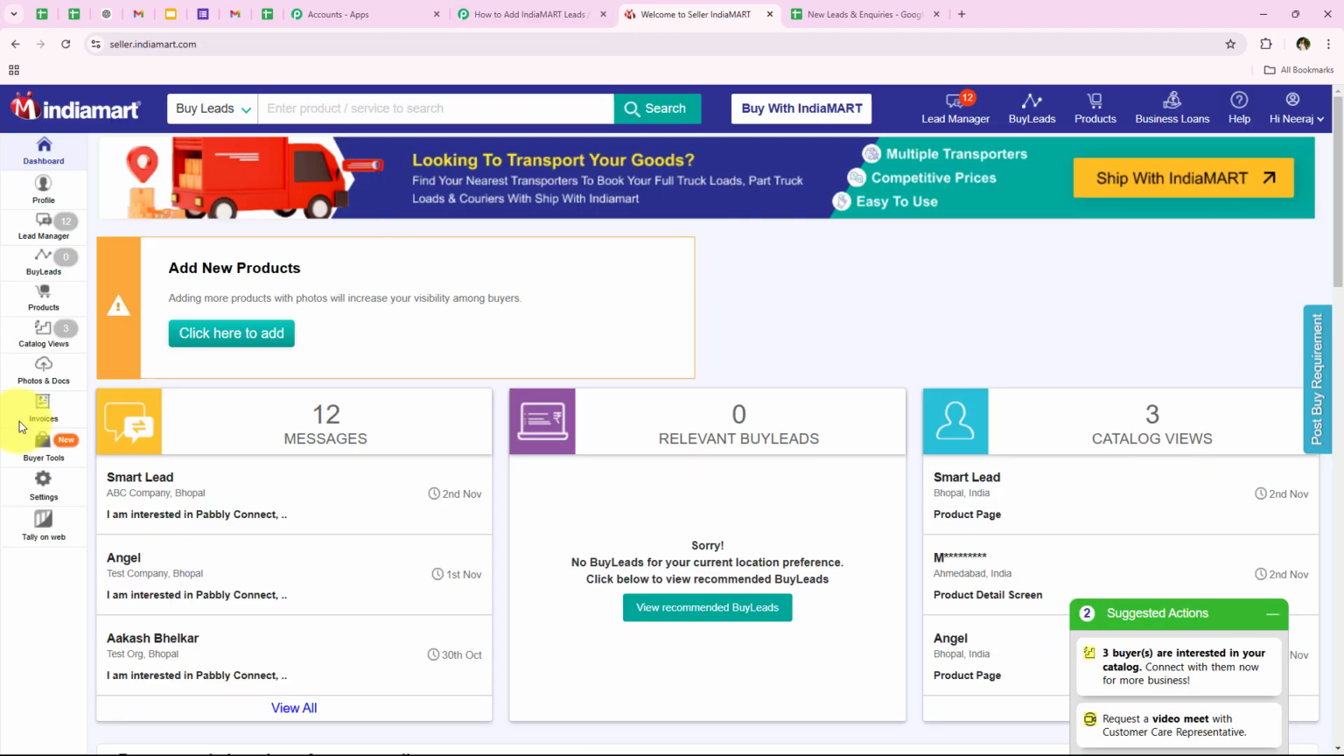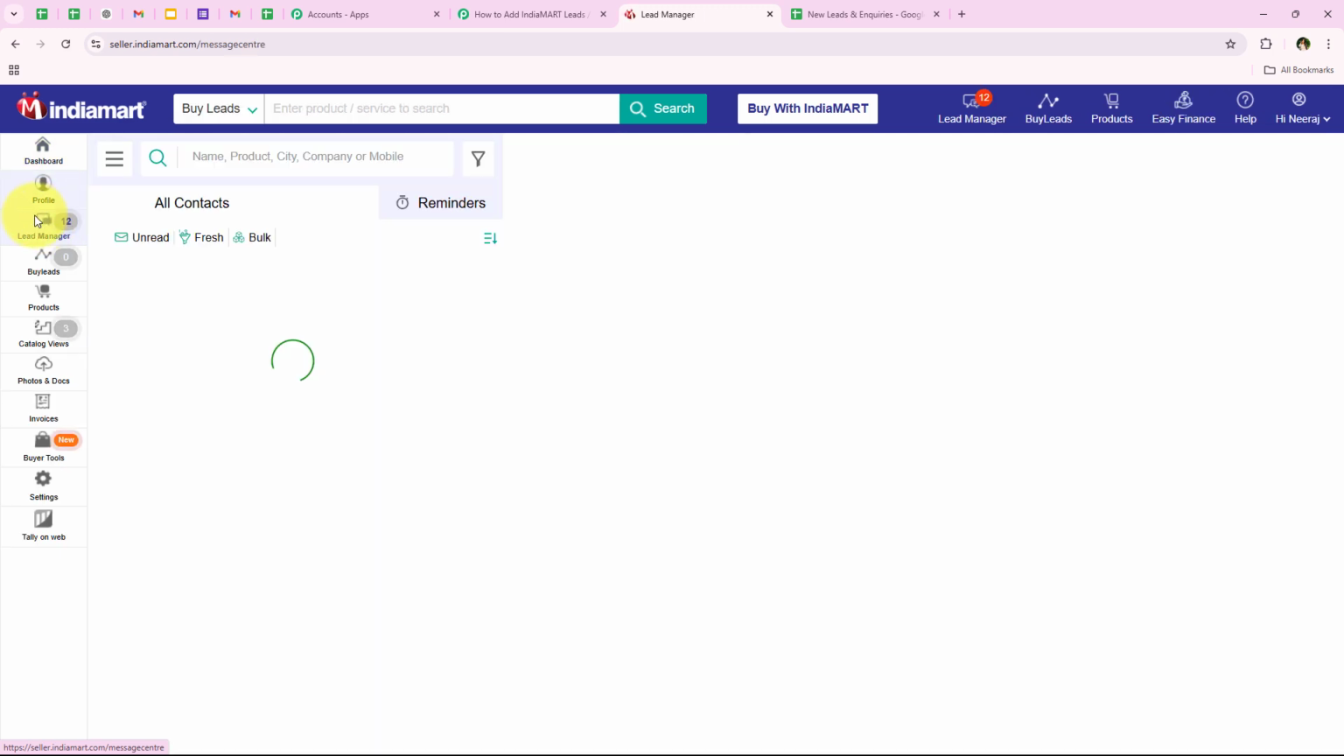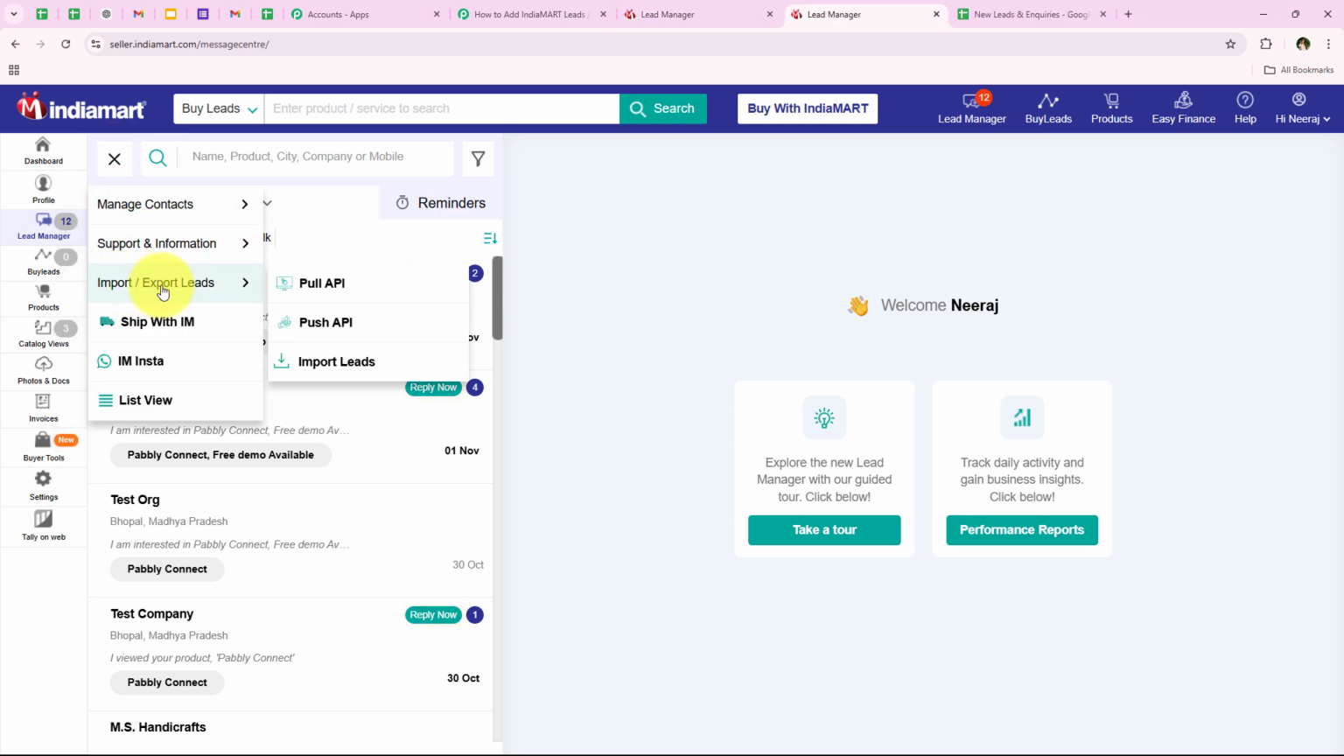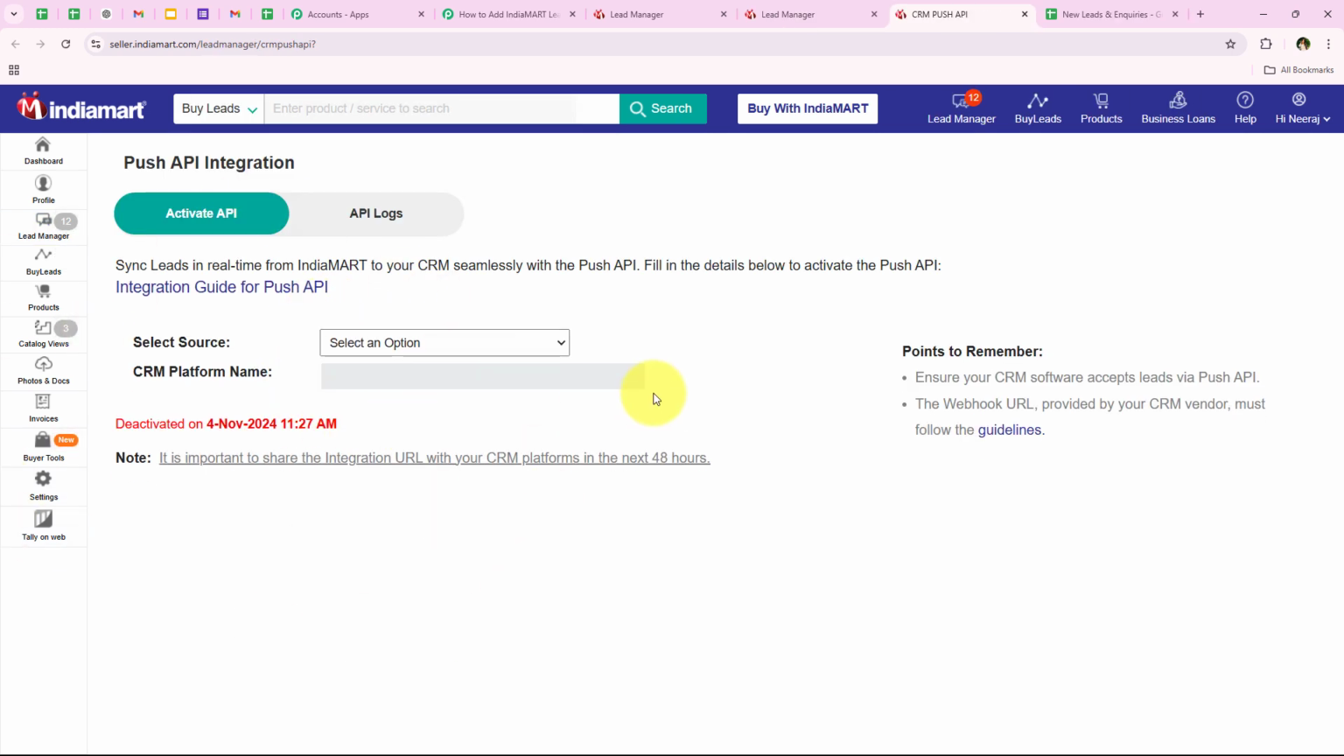I'm going to open my IndiaMART account, and as you can see the same. So now from the left side we have to go on lead manager. Over here you can see the same, so you're going to go on this, and after going on lead manager we have to go on this three dots which says menu. So we're going to go on this, and over here you can see import export leads, and after coming on here it is saying push API. So yes, we have to go on this push API,